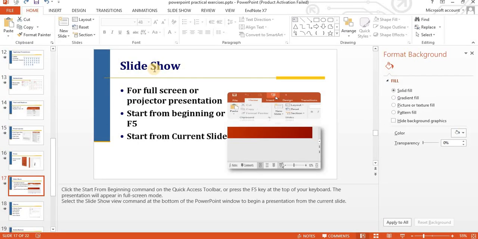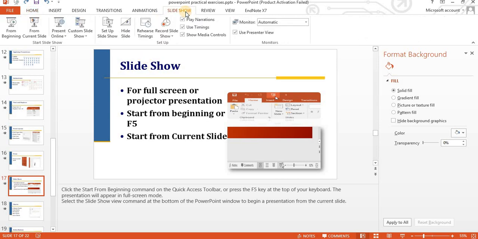Now, if you want to see the slideshow of your slides being designed, come to this option. There are a lot of options available, including the slideshow, starting the slideshow from the beginning slide or starting the slideshow from the current slide. For